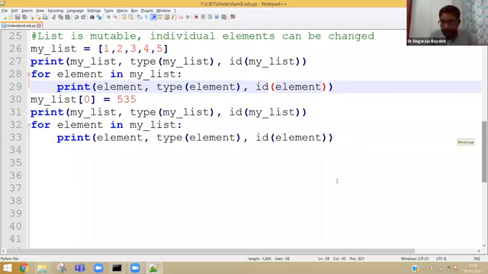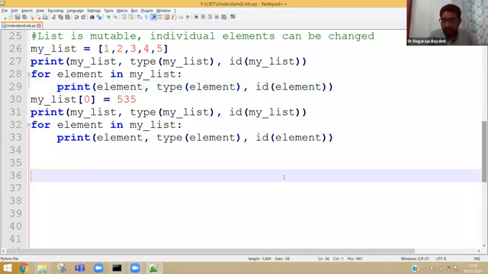Any more doubts? Fine. Now take a couple of minutes break. The time is 5:06 now. At 5:08 we will get back and continue.